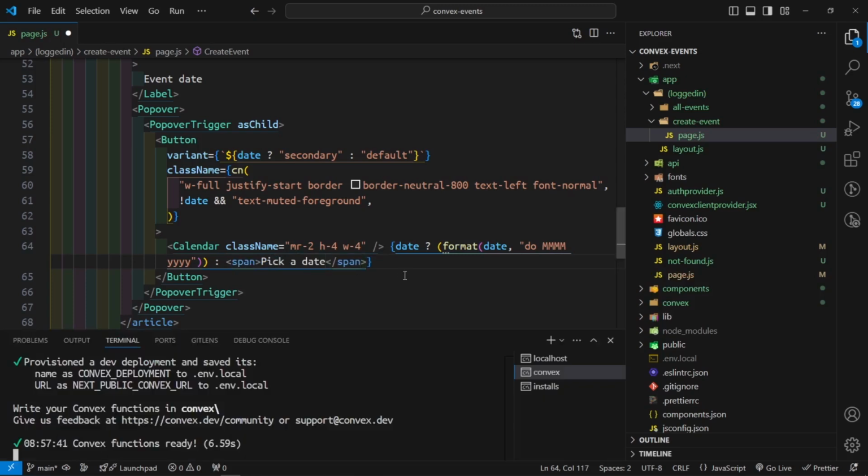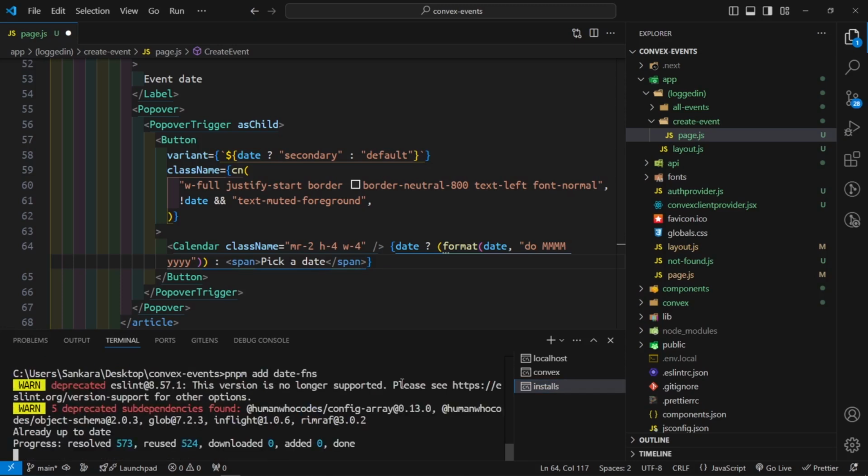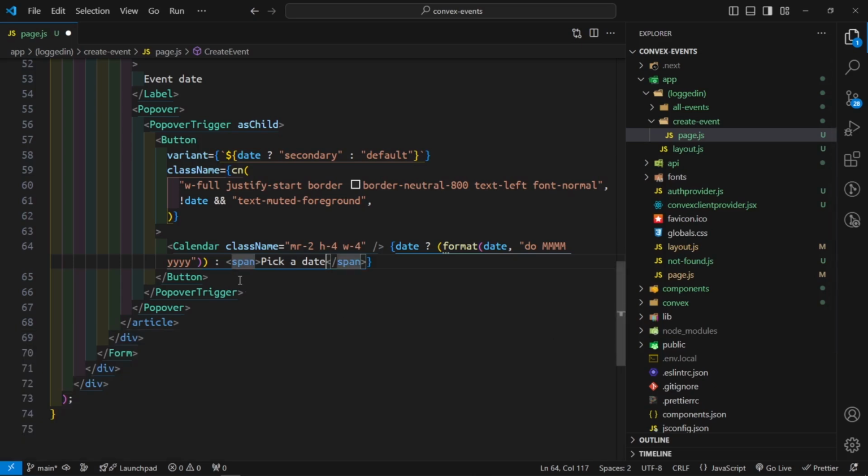Okay, now Control J to open up your terminal, and then inside the installs tab right here, the terminal, we're going to say pnpm add date-fns, and then let's wait for that to install. And actually, as this is installing, let's just go ahead and continue building this out. So after the popover trigger, we're going to have popover content like so,